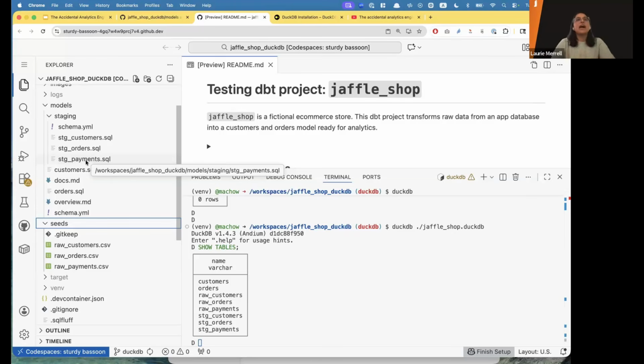Laura, do you have something? I think this is where some of the challenge with using a sandbox environment like this comes in. The reason we have those CSV files and the DuckDB file locally is so that this is a self-contained local example. In an organizational context, your raw data would probably be coming from upstream, your APIs or your buckets or whatever. Those CSV files here are taking the place of that so that this is a self-contained example.